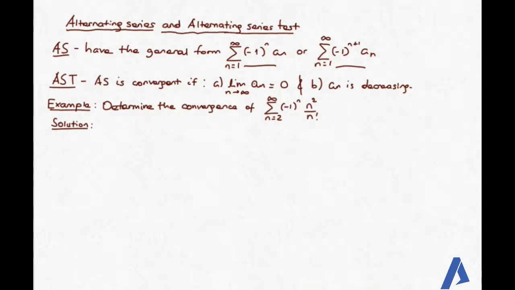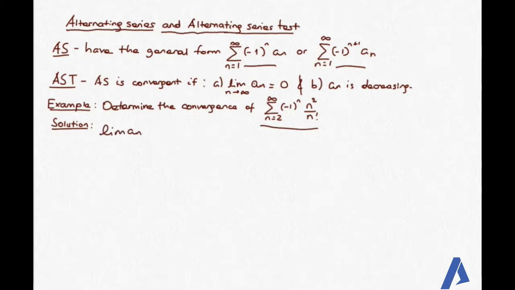The alternating series is convergent if two conditions are satisfied. The first is that the limit of the sequence an as n approaches infinity is equal to 0, and an is decreasing. So based on this, let's check the convergence of this alternating series. Both conditions must be satisfied. The first is the limit